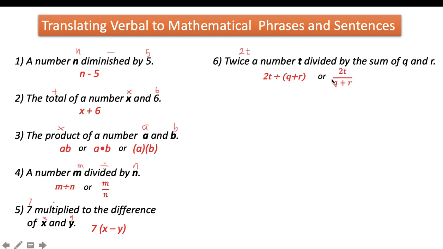Or this can be written also using vinculum or in a fraction form. So 2t over q plus r. So in number